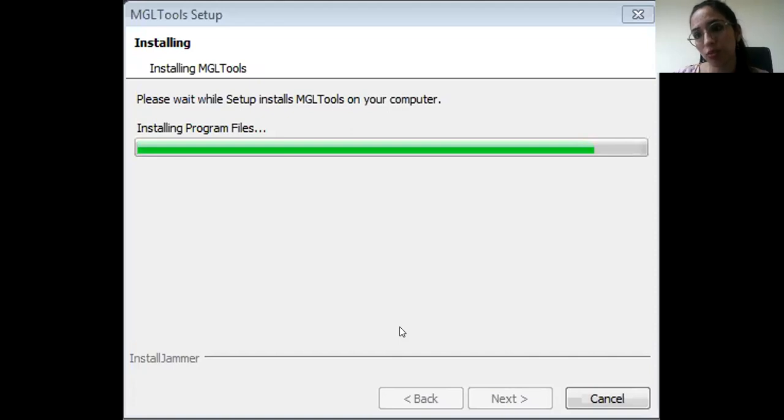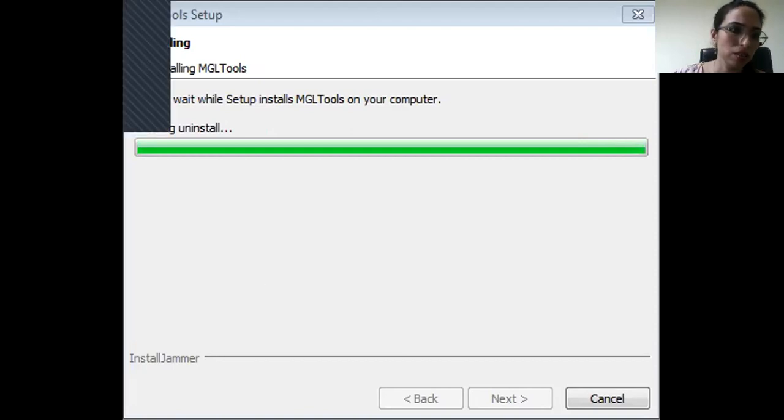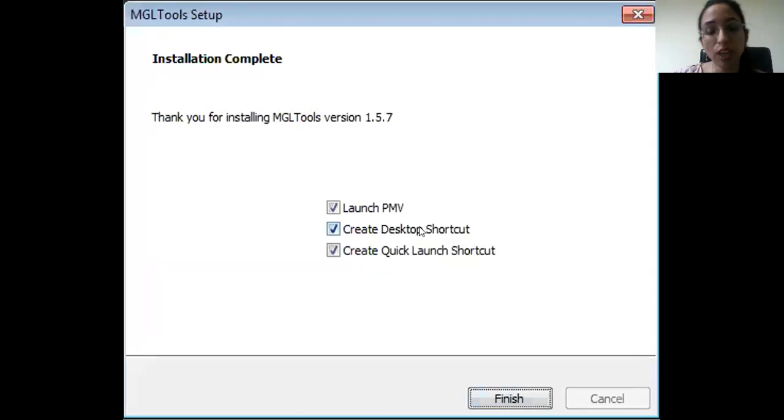It will take a little time to install. Yeah, it's done. Need to click this only, install it. Now you can see there is a launch PMV option that I already shared with you. It is the Python Molecular Viewer, used solely for visualization of the pose. And I want to create the desktop shortcut, and there is no need to click launch, just finish it.